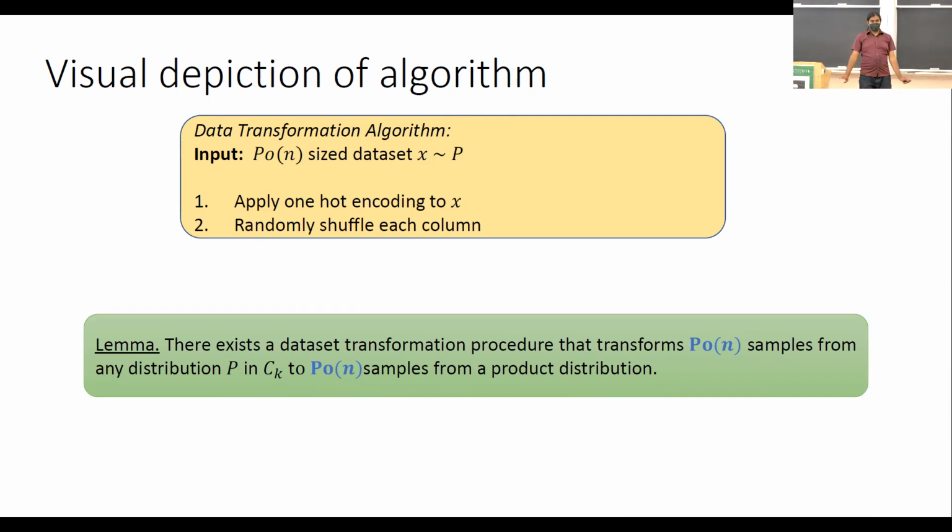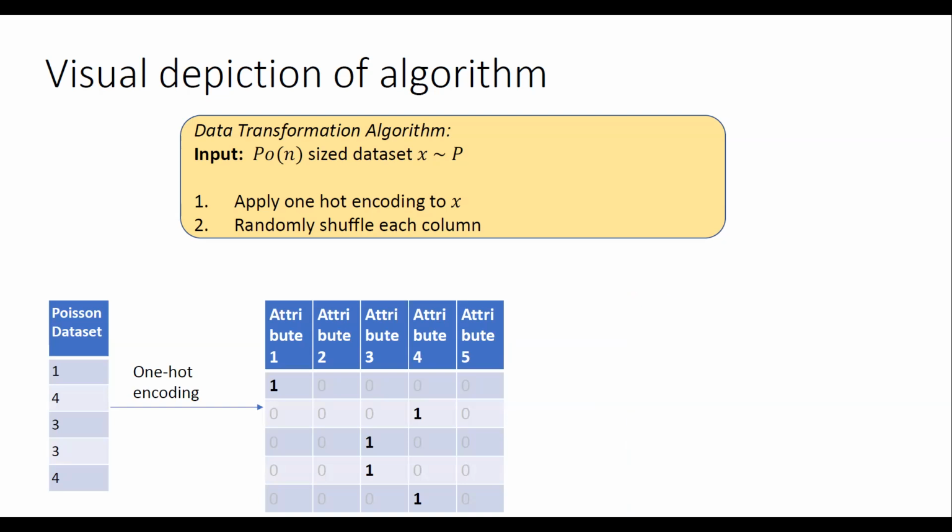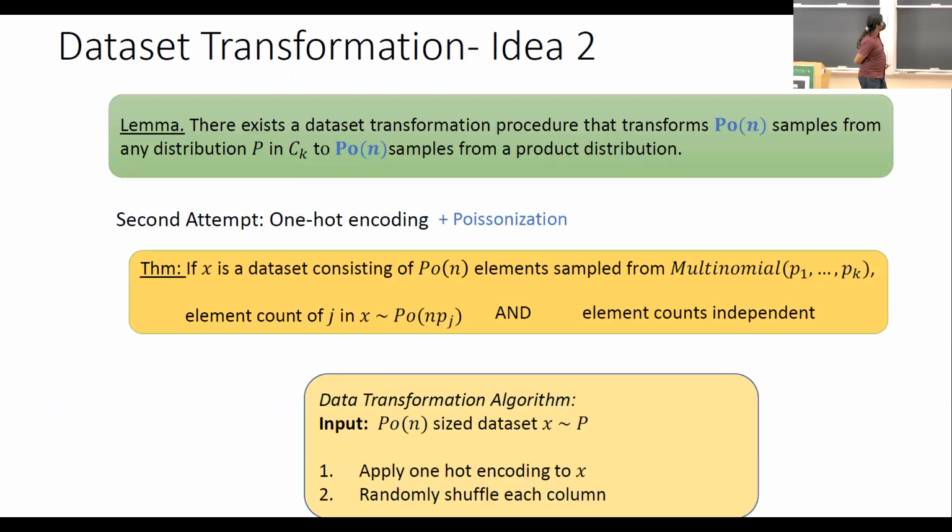Any questions about this? Can you quickly recap how the Poissonization works again? Sure. Yeah, so basically if you have a data set that consists of Poisson of n elements, then each of the element counts is now an independent random variable. So you break dependencies that you would have if your data set size was fixed. And if I start with a data set of size n, support over k elements, how do I just look at the histogram of the count and then generate? Okay. That's exactly right, yeah.